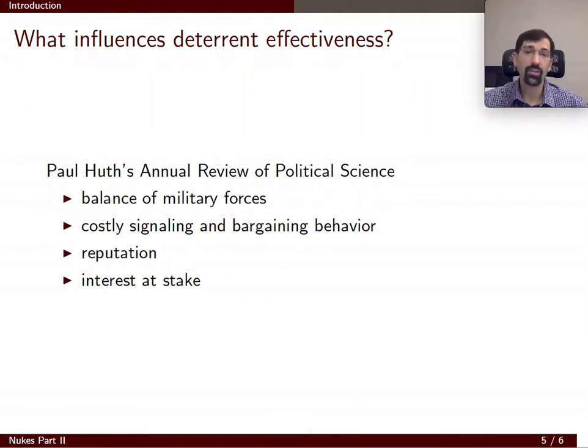So, for example, the United States publishes its nuclear posture. It's one of the few states that do. And so other states can identify when nuclear weapons can be used. Well, what about the actual leader that's in the White House? Does it matter whether it's the Bush administration, the Obama administration, or the Trump administration? That is a reputational question that is interesting to study and identify variation. And then finally, we have to think about deterrent effectiveness with the issue at stake. The more central the issue to the national security of a particular state, arguably the more the state will care about it, and the more that deterrence may be effective.